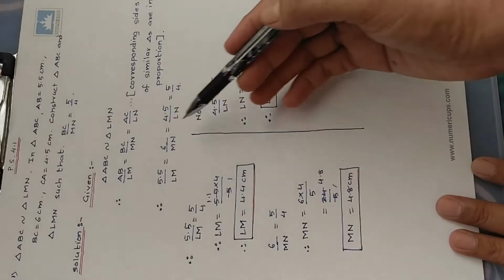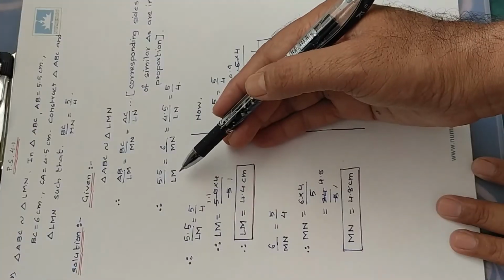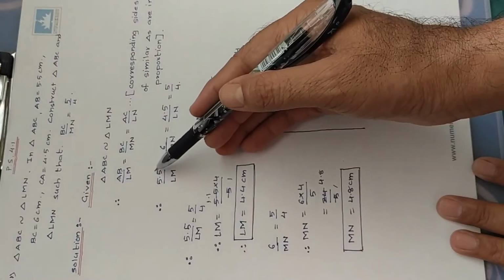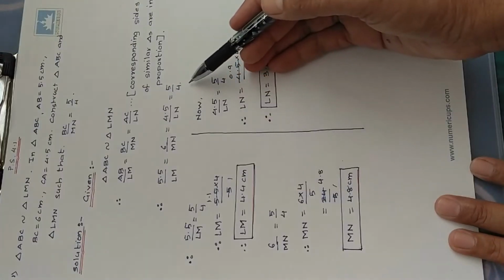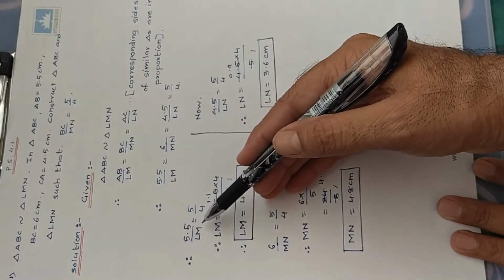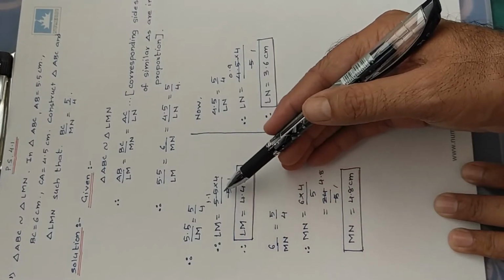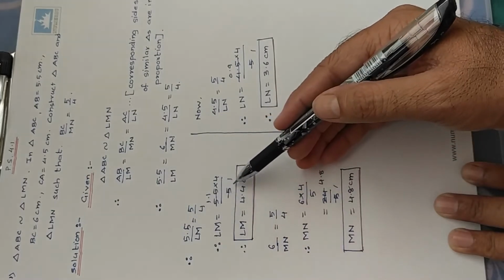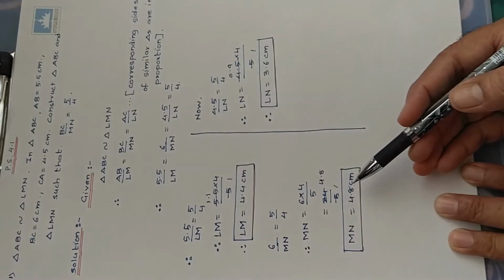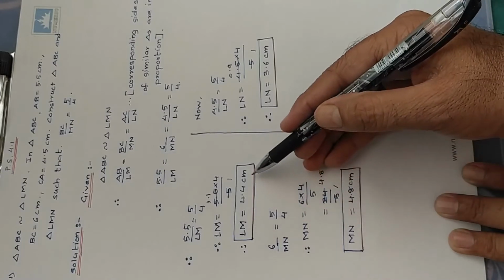Now out of this, you have to find the rest of the sides, that is LM, MN and LN. How can you do it? Take the first ratio: 5.5 upon LM is equal to 5 by 4. Just cross multiply and take this 5 to the denominator. So LM is equal to 5.5 into 4 upon 5. Cancel it out: 5 ones are 5, means 1.1. So 1.1 into 4 is 4.4 centimeter. So you got LM is equal to 4.4 centimeter.